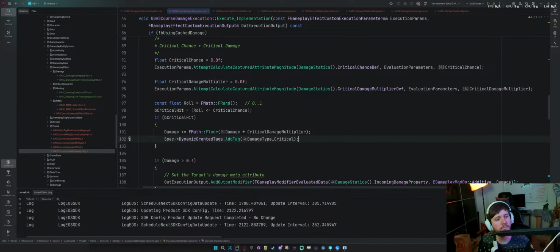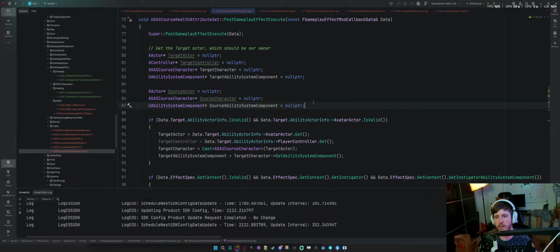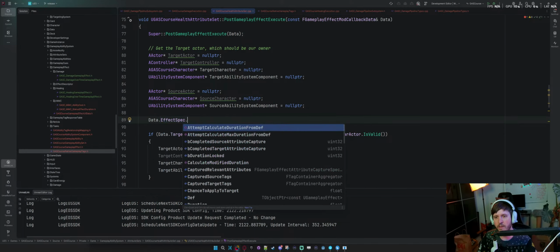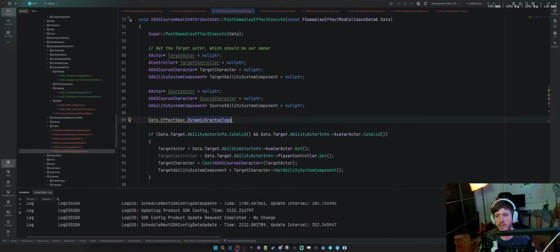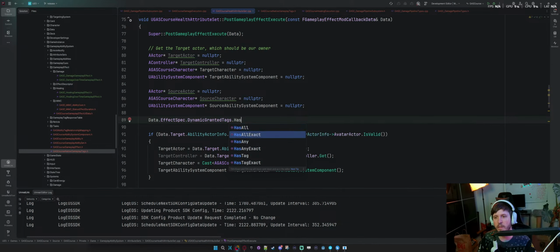And now in the attribute set, is it in the data here? Can I say like data dot effect spec dynamic granted tags has tag exact damage type critical.